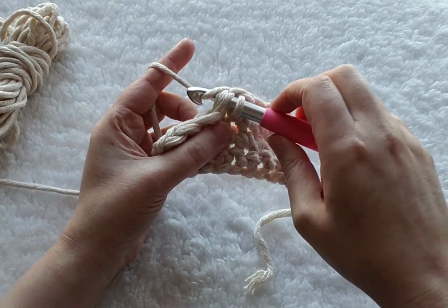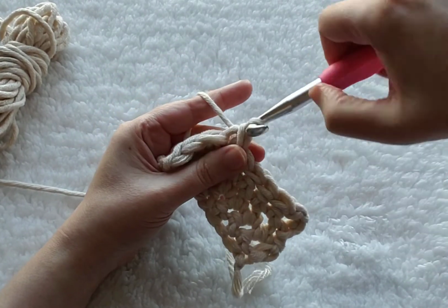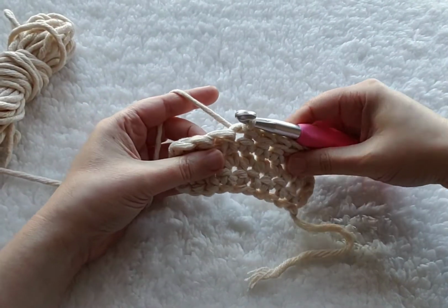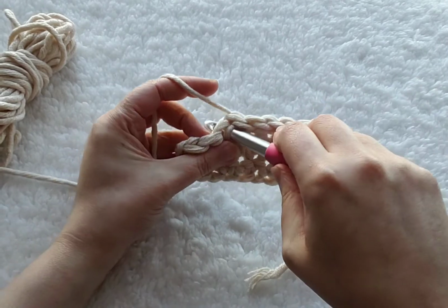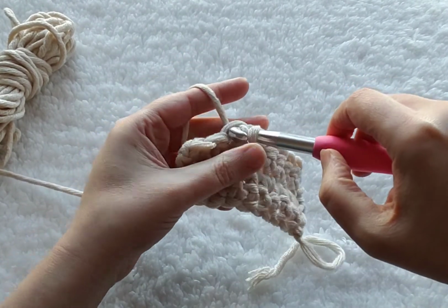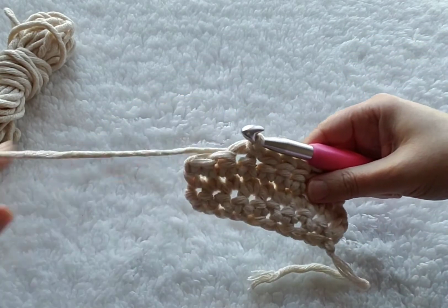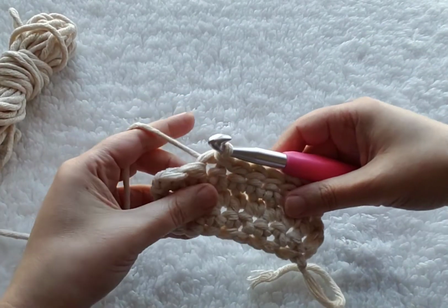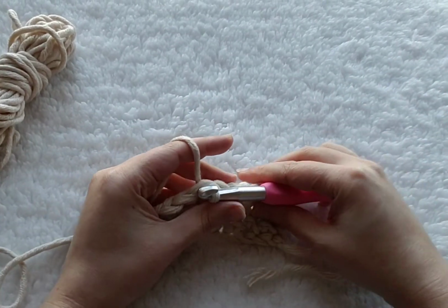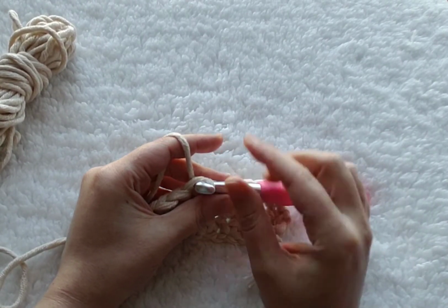Yarn over, pull through. See, if you pull through that way, then you just pull up again. Next stitch, insert the hook, yarn over, pull through, pull through. And like I said, I'm doing this kind of loosely so it doesn't look that difficult, but again, especially once you have several rows of slip stitch, because this is going to make it tighter than